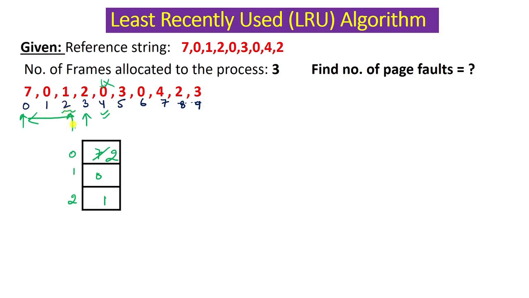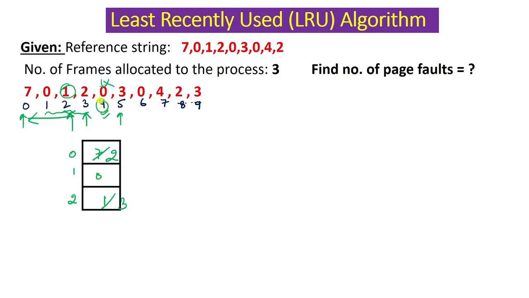So we saw, when 3 came, which should be replaced? The page number 1 should be replaced, and so on. Here the main thing is, whenever you encounter a page, you have to update its last access time. So 0 was lastly accessed at 4 p.m. But if you do not update the access time of 0, and say 0 was accessed at 1, then at 2, then at 3, when 3 will come, you will say 0 was accessed at 1 p.m., so 0 should be replaced if you want to put 3. But it is not the case with LRU.